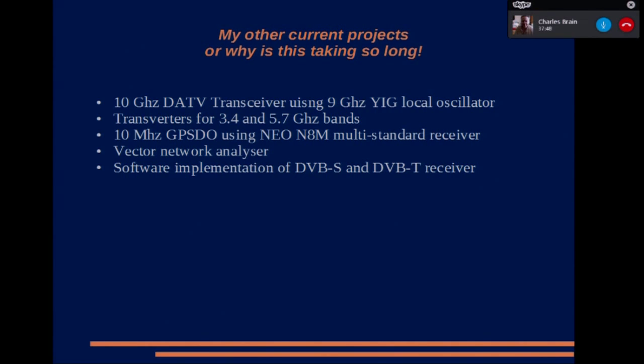doing amateur TV. And finally, I've had a go at doing a total software implementation of DVB-S and DVB-T. It doesn't work very well. Well, it doesn't work at all, really. It's hit with the problem that it's the synchronization. It's very, very expensive, if the sample rate isn't quite correct, to compensate for that in real time in